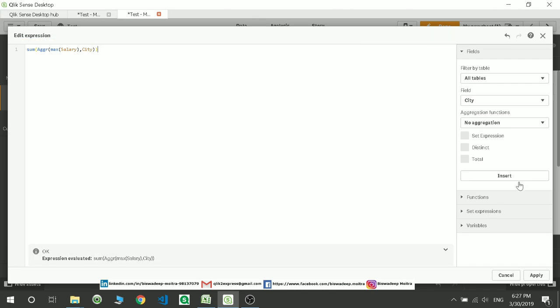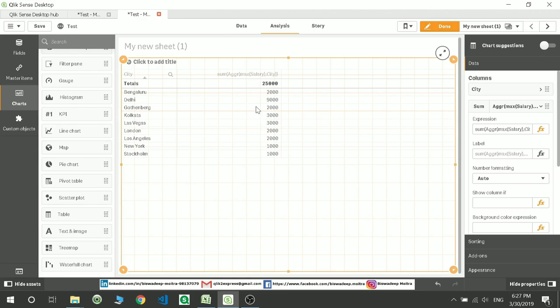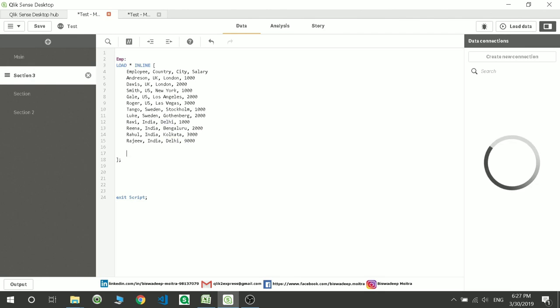Now it's going to show you the maximum values of the records and then the sum of them. If you check for Delhi, it is showing you 9000, and for London it is showing you 2000. Now you might be thinking, what if I have one more record with the same value?